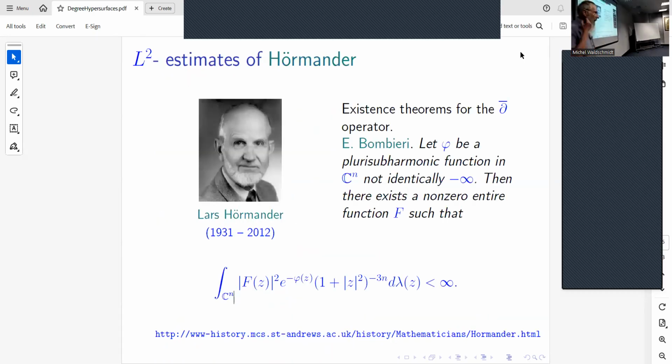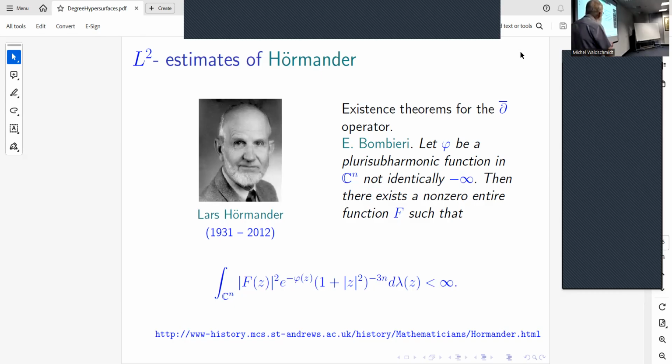I would like to explain how I got the first bound for omega of s, because to give a bound for the limits of the sularity control is something which is not easy. And this bound comes from transcendental model theory and from L2 estimates of Hörmander. So I do a little bit of complex analysis in several variables. Hörmander proved a theorem which is the approximation of what is called a plurisubharmonic function by the function which is the logarithm of an entire function.